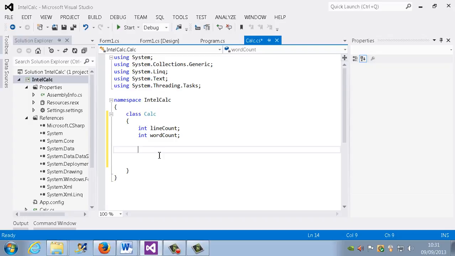What I'm going to do is I want to store the lines, line by line. Each line in the file, I want to store it in an array. So I'm going to say string. This is the way to do an array. You just put these square brackets, and that basically says that it's a string array, and I'm going to call that line. The next thing I want to do is I want to maybe something initially